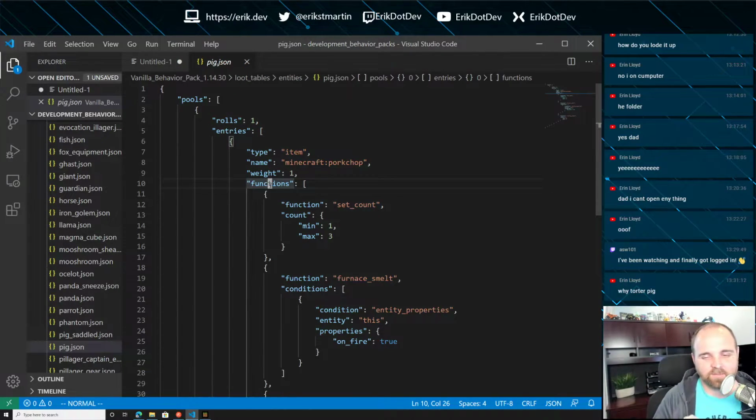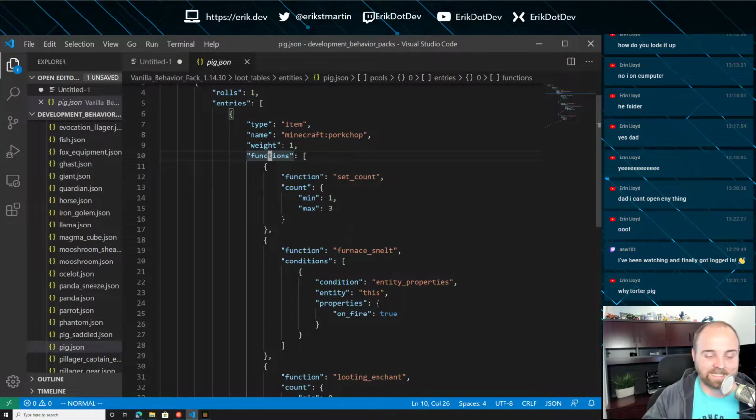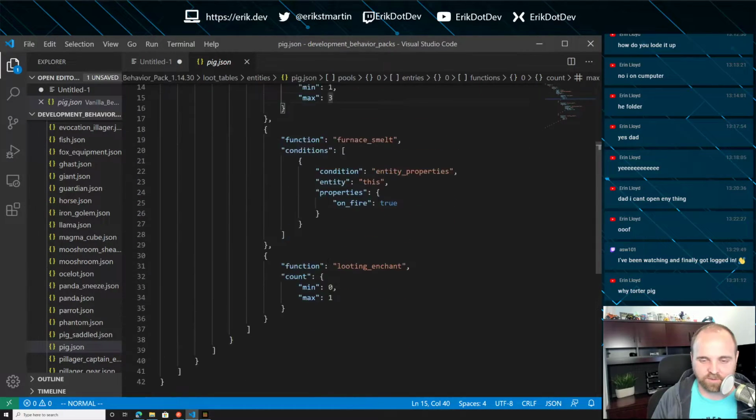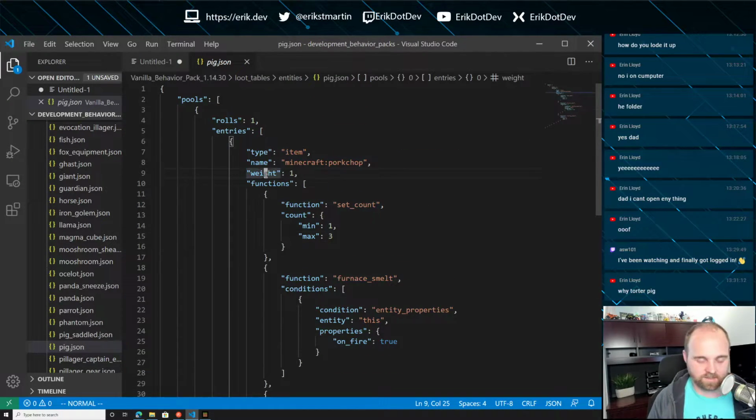And then we have some of these additional functions, which we're not going to get into too much detail in this particular episode. But in this case, we've got a function that's running called setCount. These are parameters that are going to go to that, a minimum of 1 and up to 3. And these are some additional options. So if we just copy this,